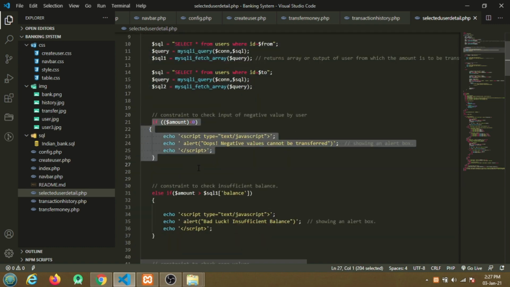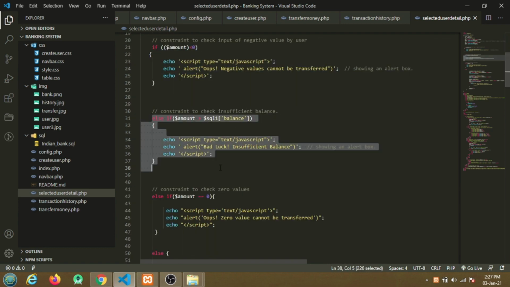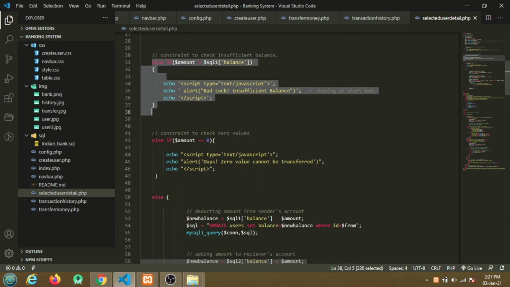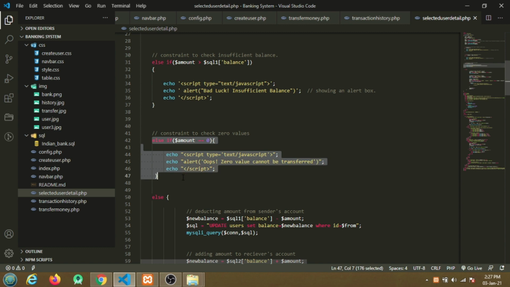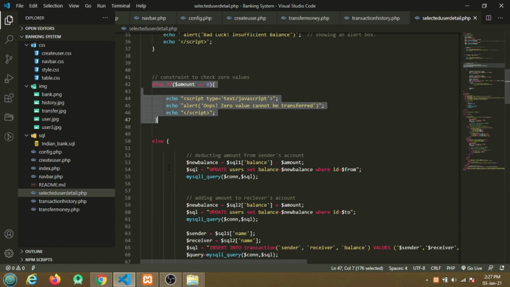If the amount is less than 0, then it shows the alert message that negative values cannot be transferred. If the balance is not sufficient, then it will show the message insufficient balance. If any user wants to transfer 0 amount, then it will show the alert message that 0 value cannot be transferred.